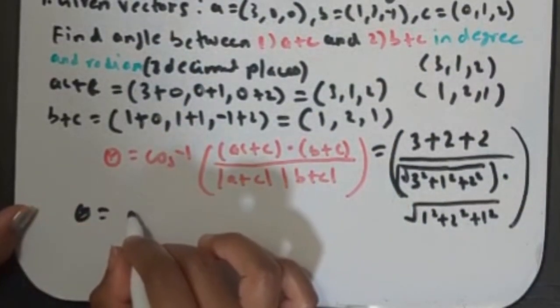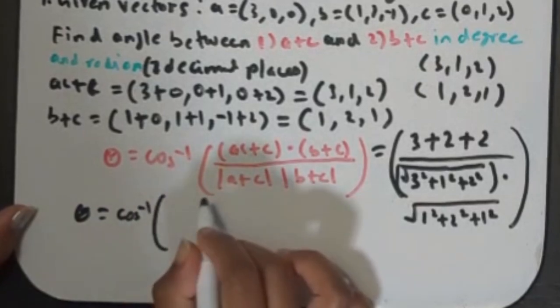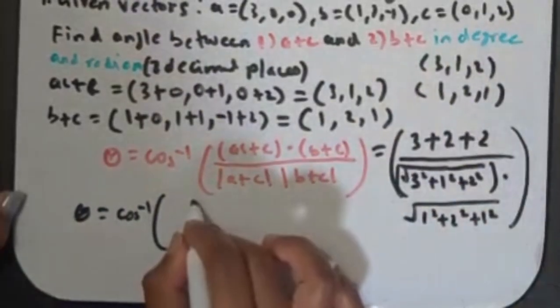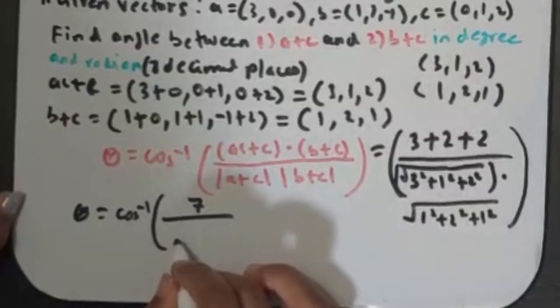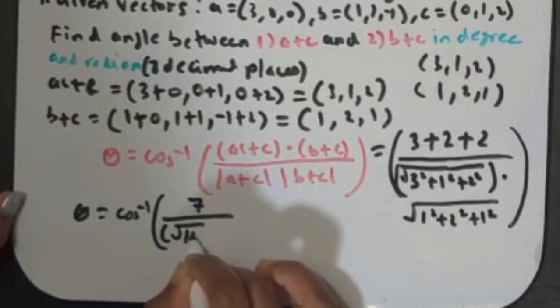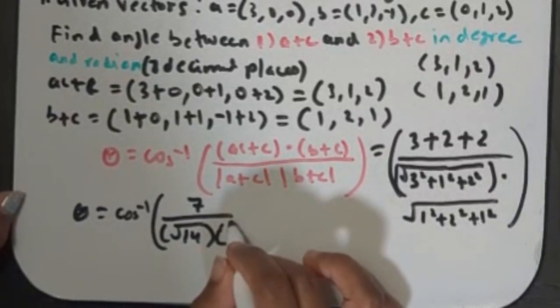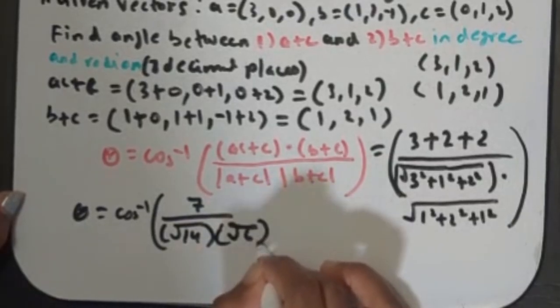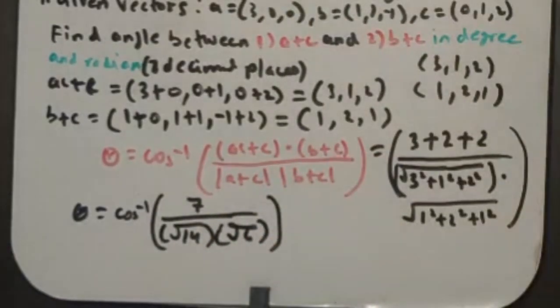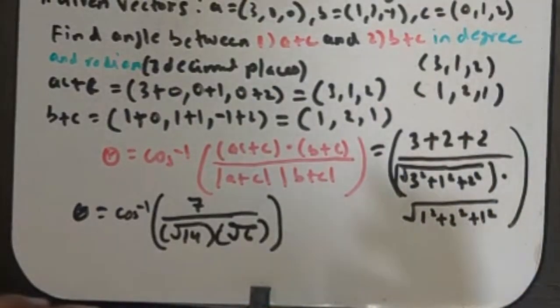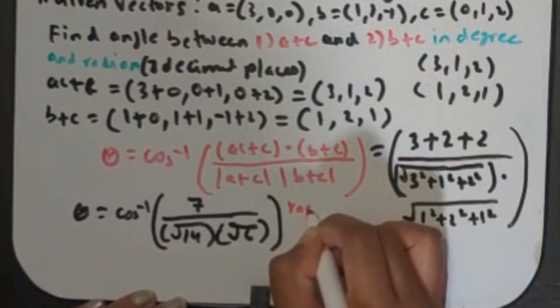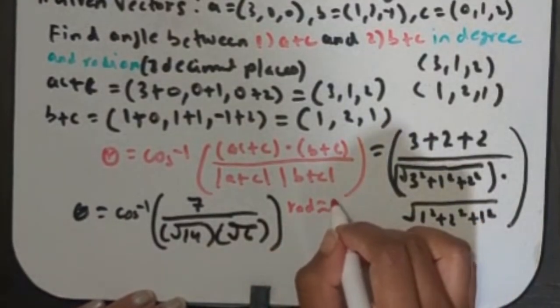So what we get as our final answer, let me write it over here, is theta equals the cosine inverse of 3 plus 2 is 5, 5 plus 2 is 7, so 7 over the square root of 14 times the square root of 6, okay? So that's what we have to evaluate. In your calculator, we can put cosine inverse of 7 over this whole expression, and what we end up with as the final answer, when you put the calculator in radian mode, we get approximately